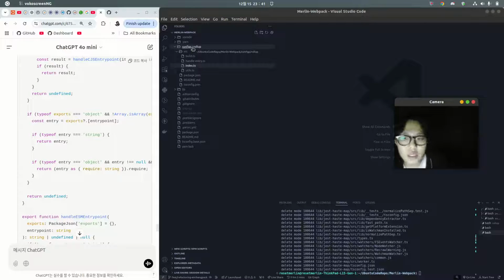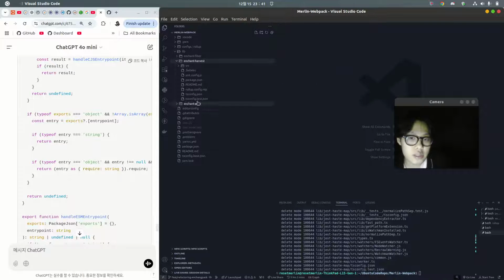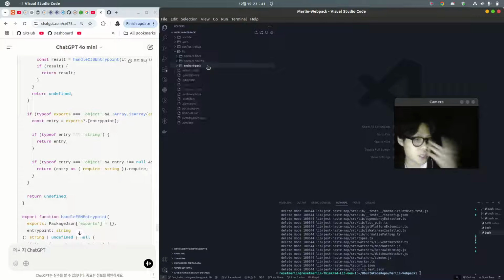The interesting thing I learned was that I tried to use RSPack to bundle this kind of package, and it was CommonJS. I tried to bundle it with RSPack, and it didn't work. So I was like, why didn't it work? I thought with a bundler everything worked. So I was figuring it out, and I asked ChatGPT and searched it, and finally realized that even with bundlers,